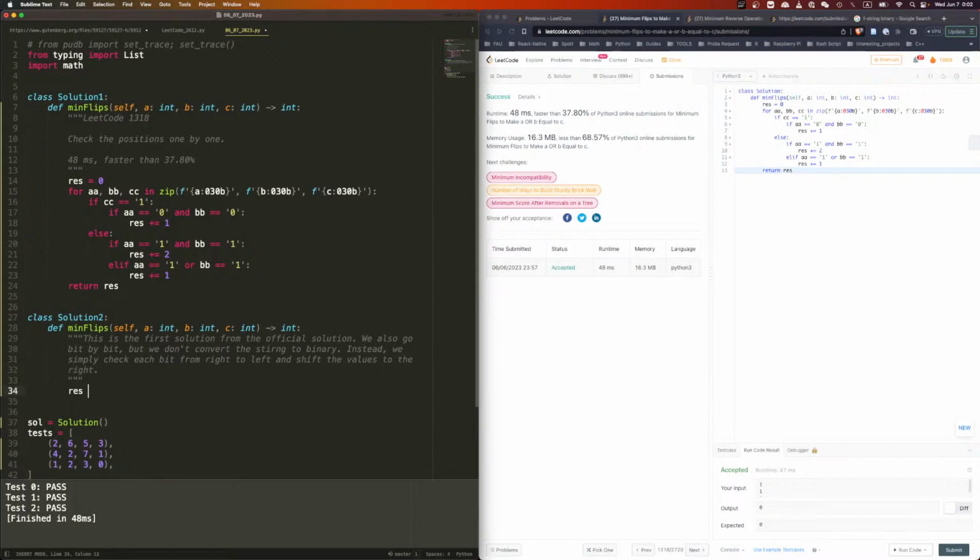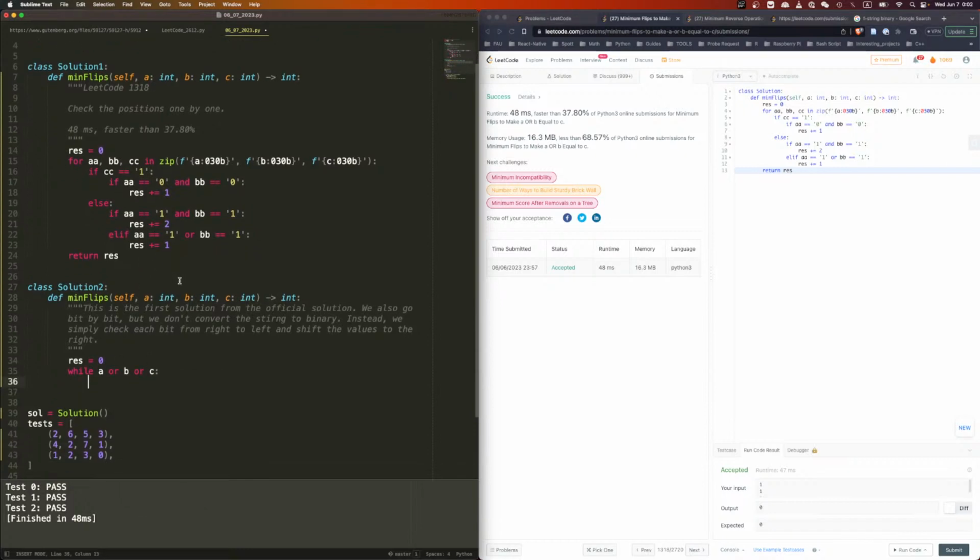That's very, very smart. So rest equal to 0, right? We can say while A or B or C. Yes. Then what do we need to know? We need to know what is the current bit. So we can say AA, BB, CC equal to A and 1, B and 1, C and 1. And we say if CC is equal to 1, and if AA equals 0 and BB equals 0, rest plus equal 1,